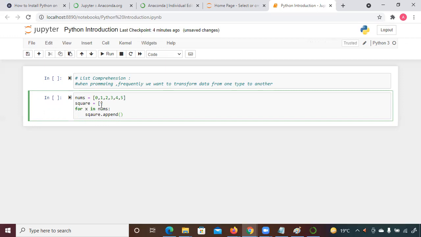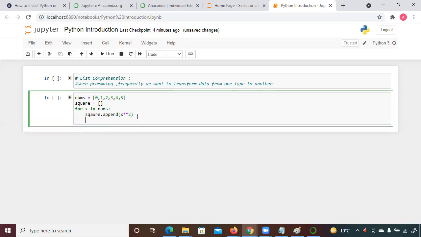In order to perform the square, you have to take x squared, so it will perform the square, power 2. Whenever you use the double asterisk, it means 0 to the power 2, 1 to the power 2, 2 to the power 2, right? And once it's done, you will print that. So for print, you write print, and inside the parenthesis you write square list, right?